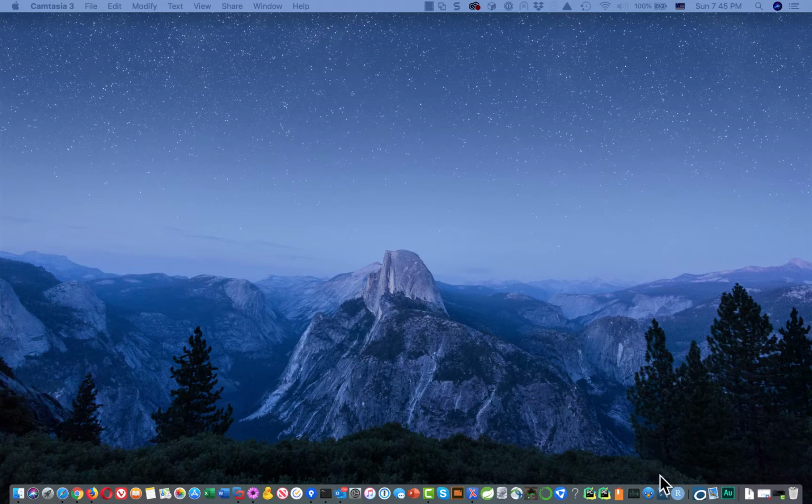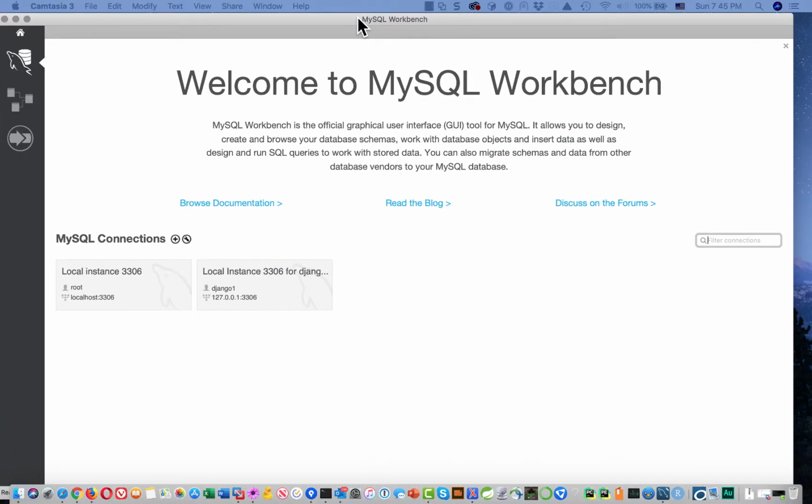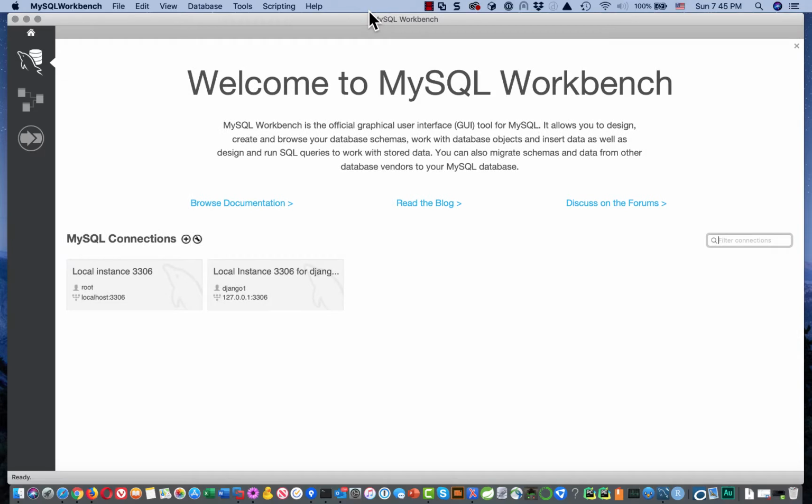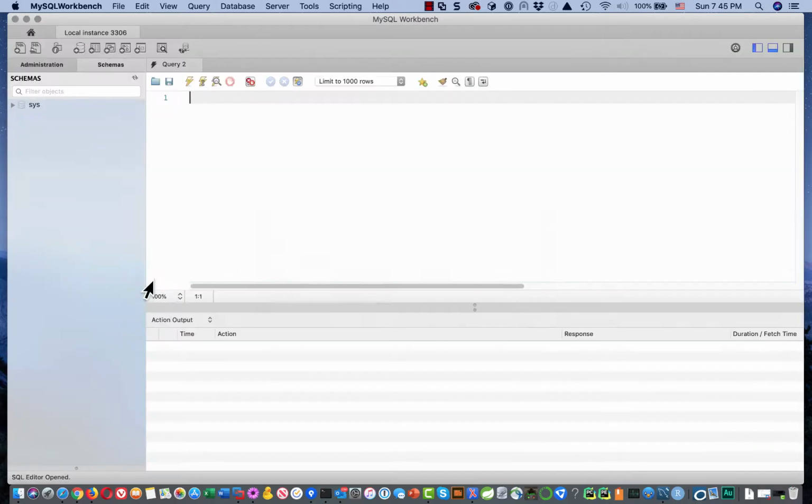So let's go. I have an icon down here in the dock for MySQL Workbench. So I'm going to click on that and fire that up. And it's come up on my other monitor, so I'll bring it over here. Okay, and now I'm going to click on this local instance. That's going to take me into a